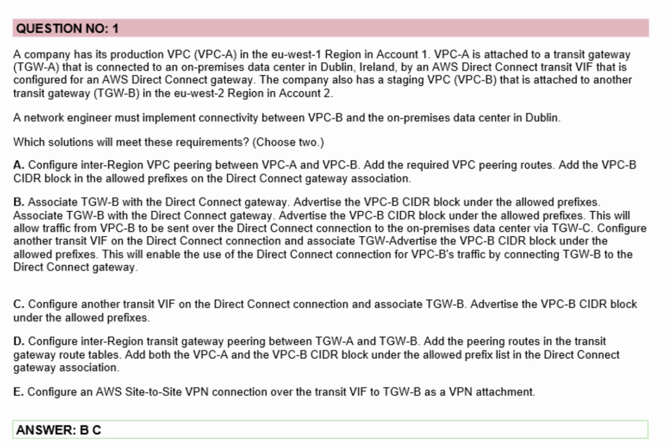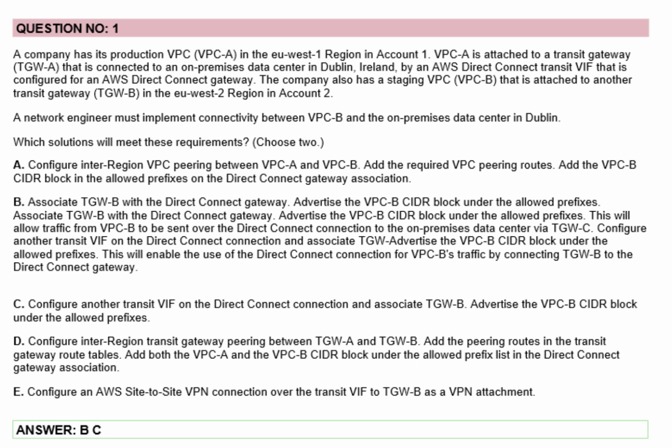Associate TGWB with the Direct Connect Gateway. Advertise the VPCB CIDR block under the allowed prefixes. This will allow traffic from VPCB to be sent over the Direct Connect connection to the on-premises data center via TGWB. This will enable the use of the Direct Connect connection for VPCB's traffic by connecting TGWB to the